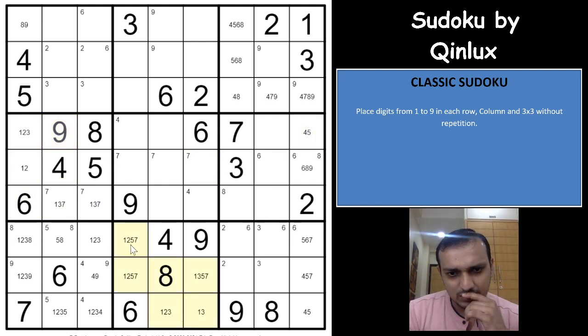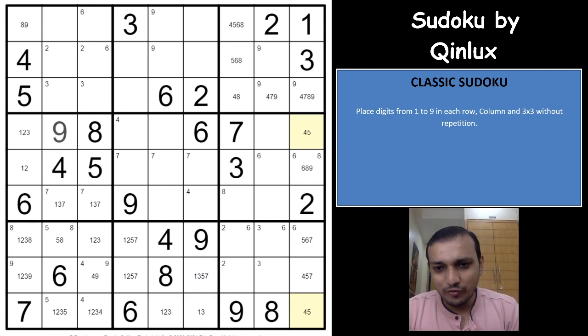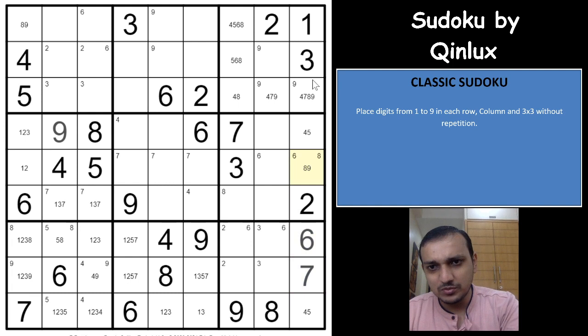Same way, can you have anything here? No. You can have 7 and 3 also in these 2 cells. Okay, so 9 got eliminated from this cell. You have a 4 5 pair. Wow, what a one stepper logic this is, guys. You have a 4 5 pair that gives you a 7 here, and that gives you 6 here. That eliminates 6 from this cell, 4 from this cell, 7 from this cell.